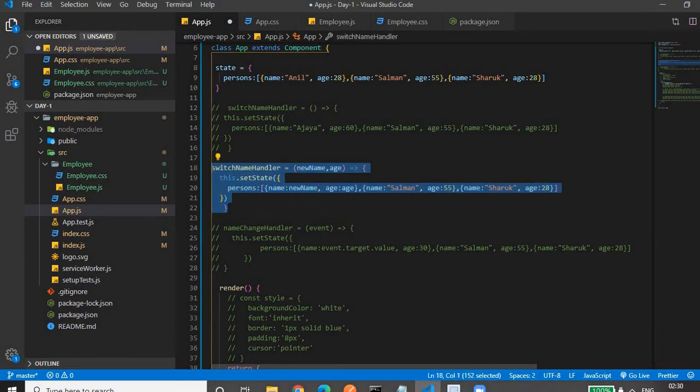It's the same switch handler function in which we are passing a new name and age, and that new name we are populating here. Earlier we were hard coding the new name and age. Here we are receiving the new name and age from the function parameters, and we are updating the first employee.